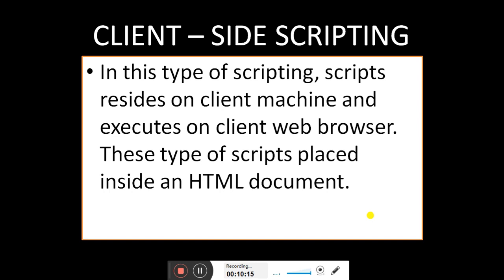We are typing the script on the client machine only, in an HTML document, and we are executing that file on the web browser of the client machine only. So both the code and the browser are placed inside the client machine only.